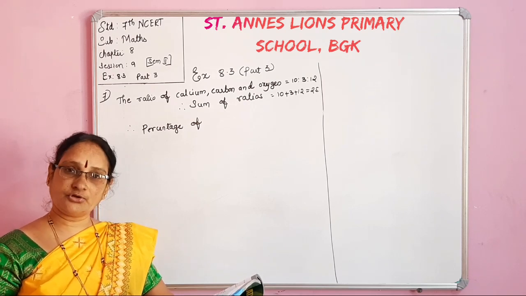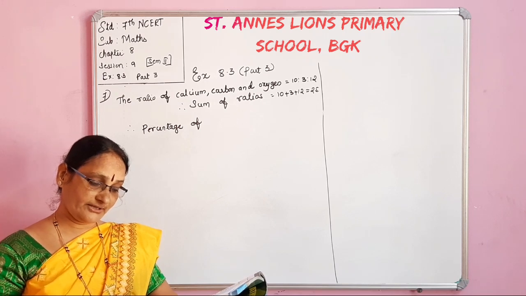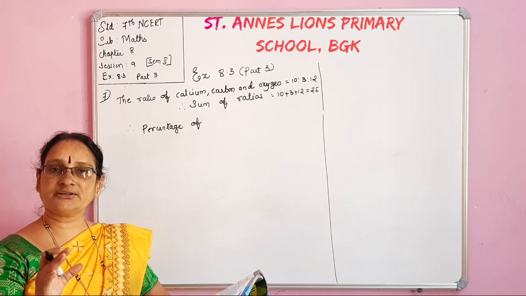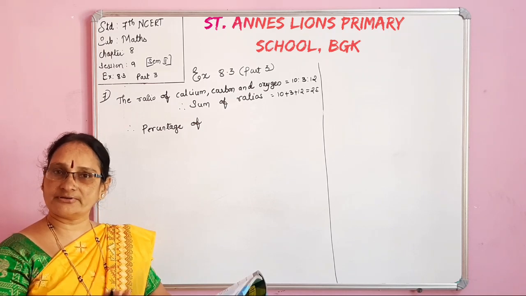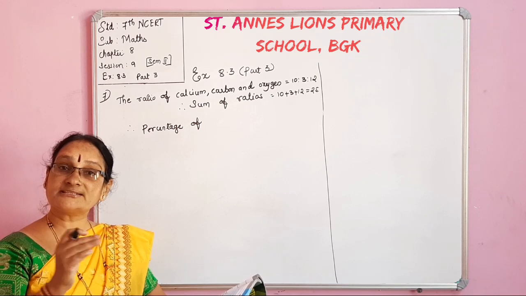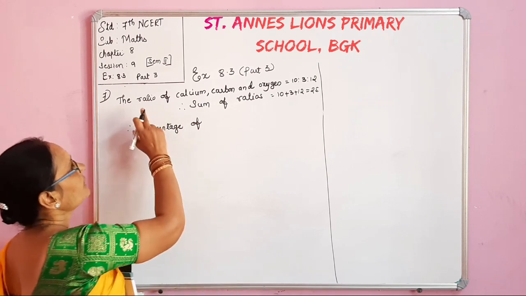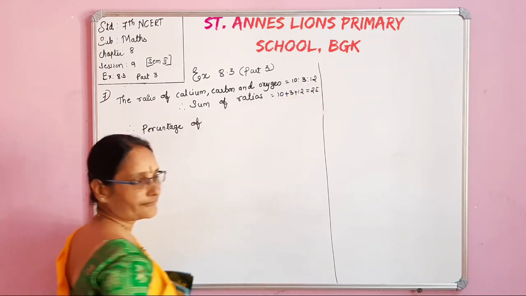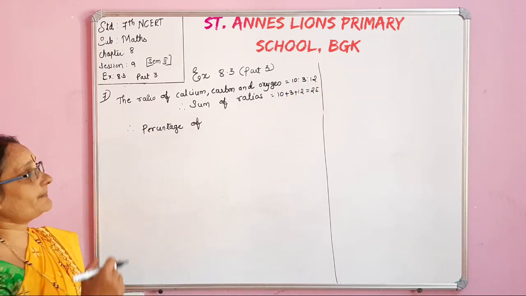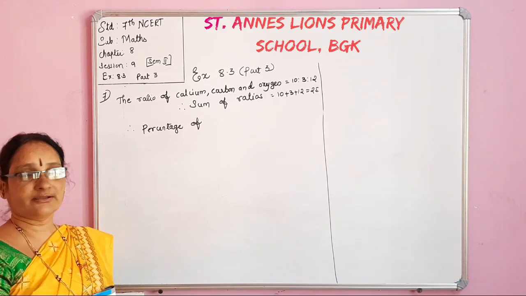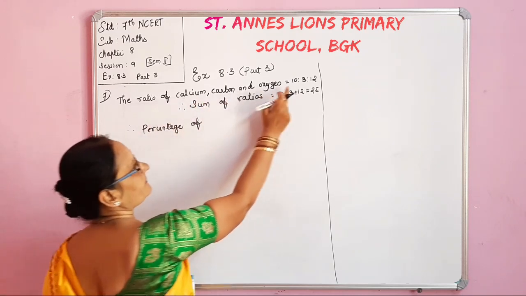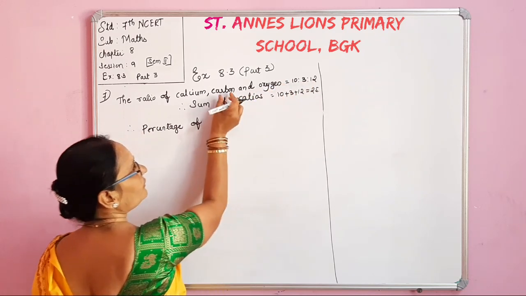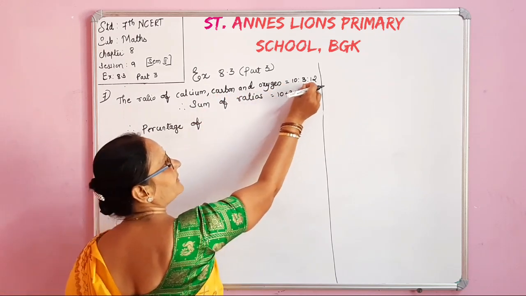In the chalk stick, you know, no? In the chalk stick, they have given the calcium, carbon, oxygen ratio. The exact weight of these constituents is not given. Ratio of these things is given. What is the ratio? Ratio of calcium, carbon, oxygen is 10:3:12. Then how to find out the percentage of carbon? They ask the first one. Here see, first one is calcium 10, carbon is 3, oxygen is 12. We have to find out the percentage of carbon.